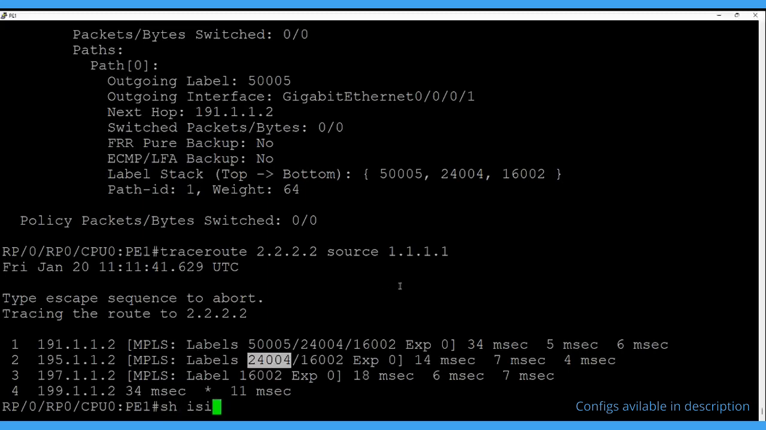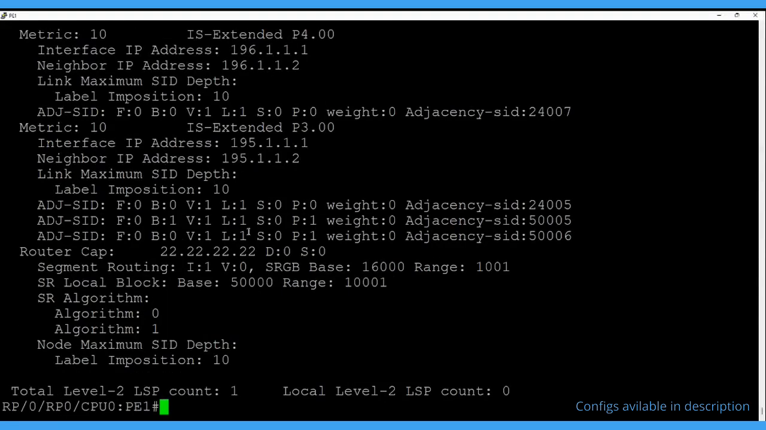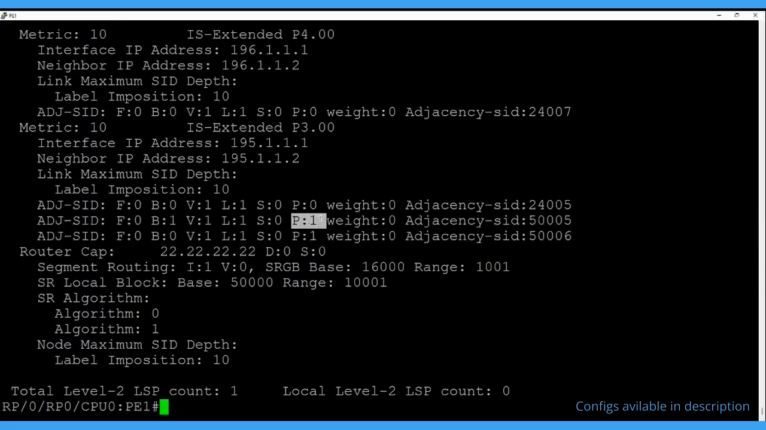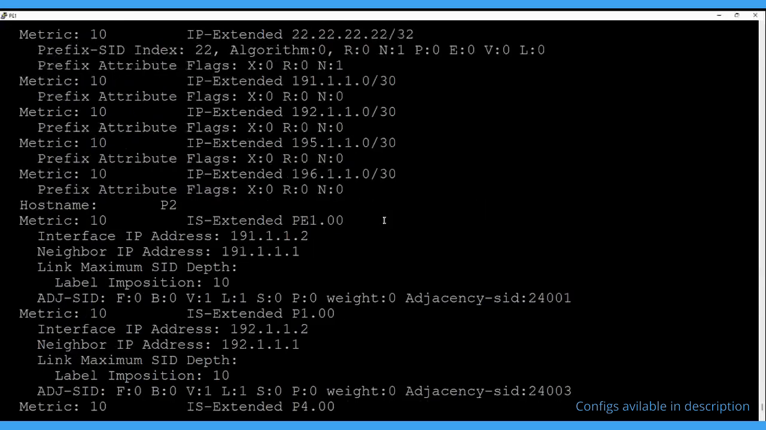There are a couple more commands. Show ISIS database verbose. On the P2 node, we have defined the adjacency sid. Here, correct. Now we are getting the SR local block size here. You defined 50,000 to 60,000. So this is the range coming, 10,001. And these are the two persistent adjacency sids we have defined, and the P flag is set. This means these adjacencies are manually defined. So this is dynamic, where the P flag is 0. So similarly other